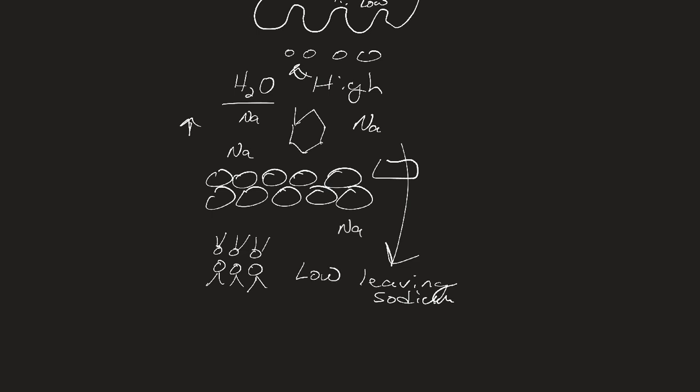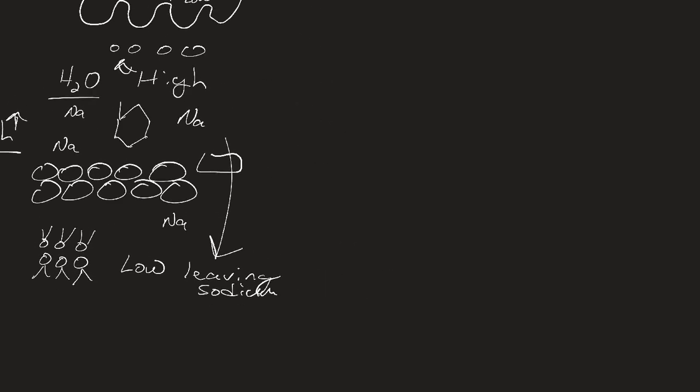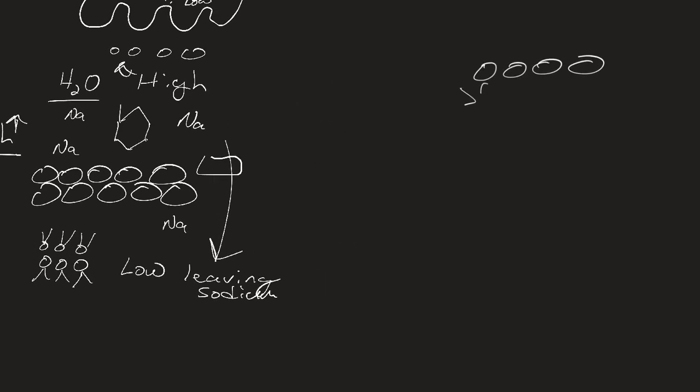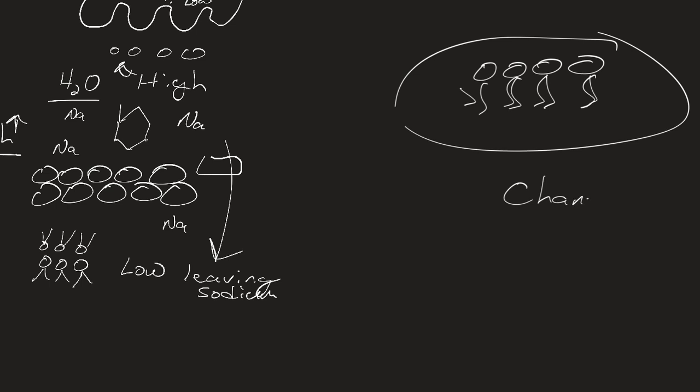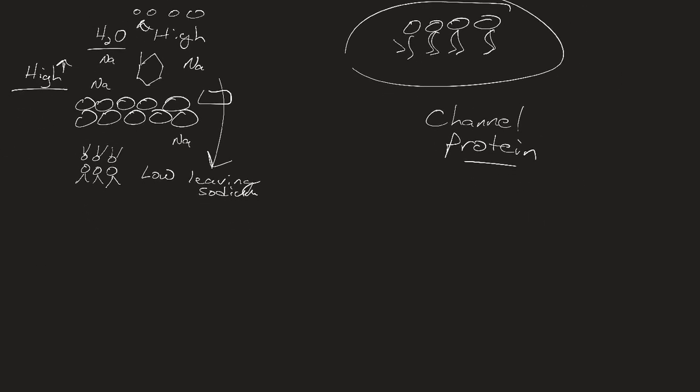Again, not really labeled. You have to make sure that if a teacher tells you to draw a high and a low, it's clear which side is high and which side is low. Someone else drew kind of this, and then they circled it and put channel protein. Okay, that one's wrong, and we'll see why in a minute. Most people should know that's wrong, but obviously that's not the case.